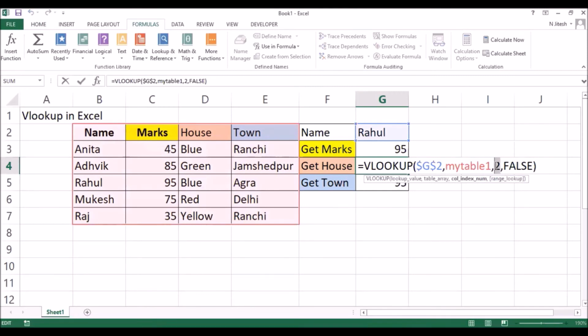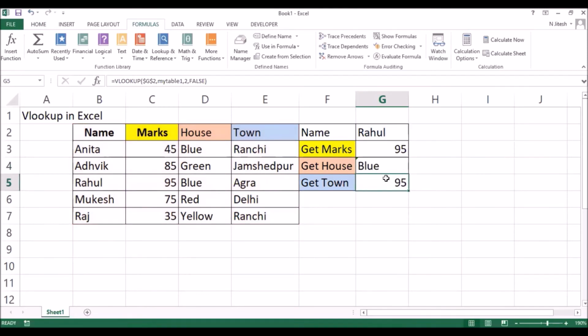This will be your 3 and this will be your 4, right? You can see easily everything is coming fine. I'm just trying to show you in different ways so that if you face any scenario, you will be able to tackle. So you see.